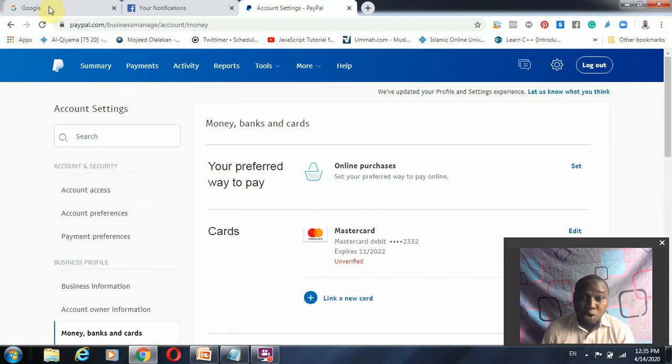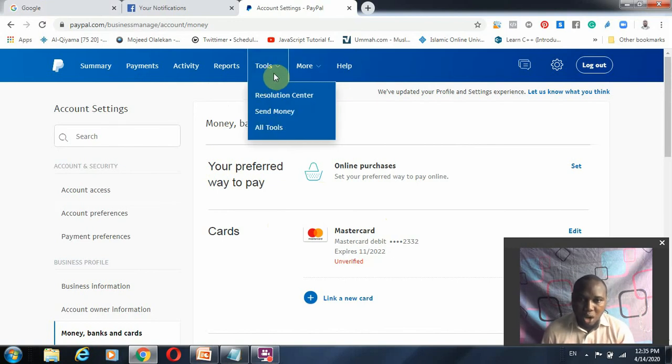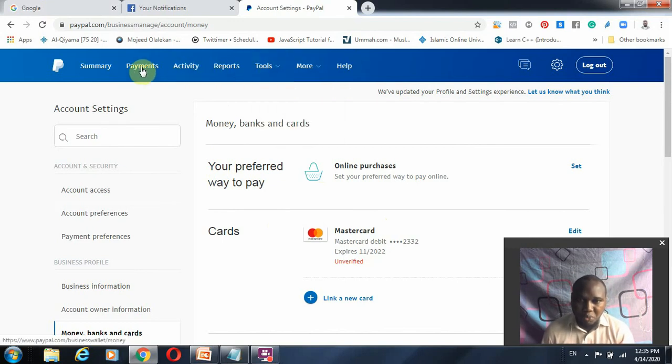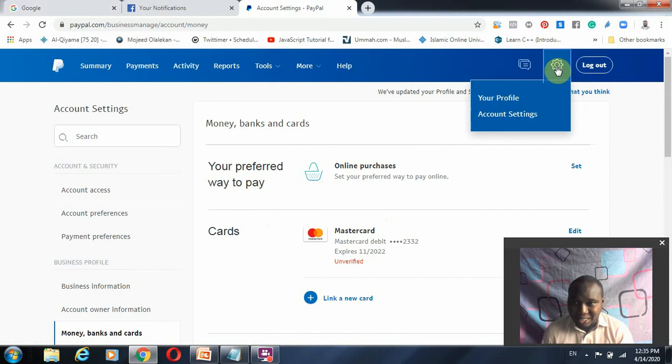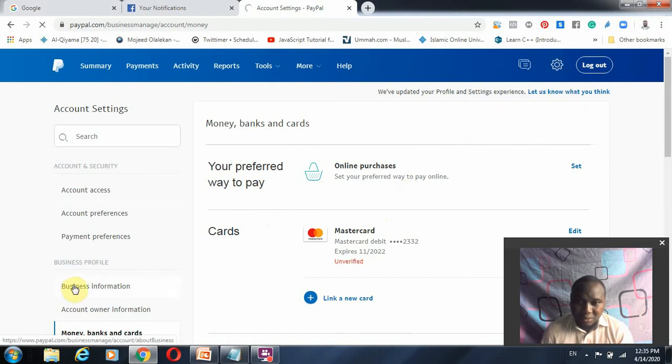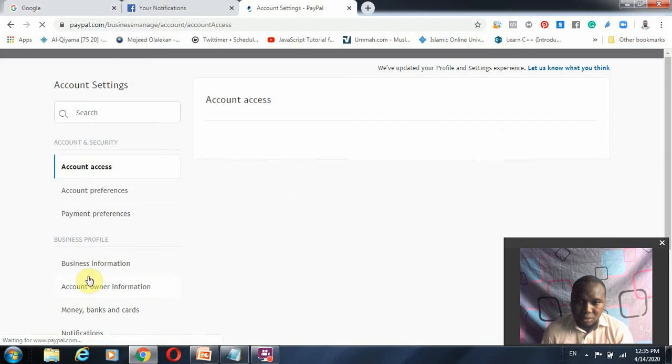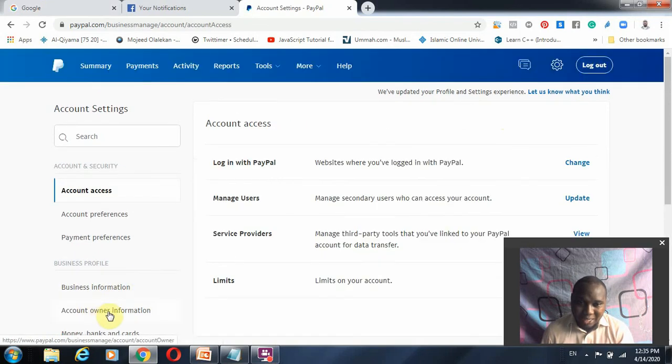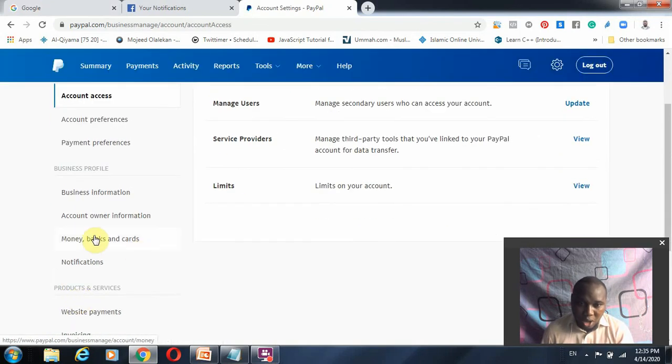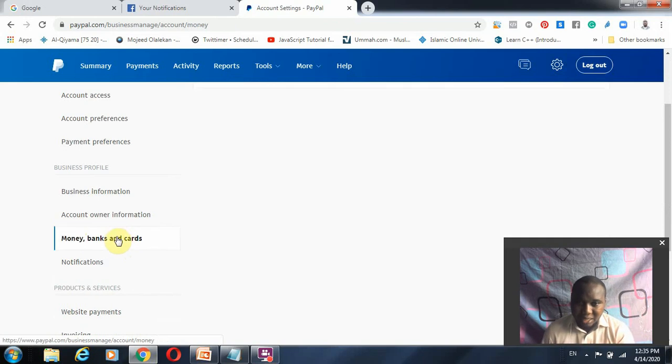Once you come to your PayPal, you need to go to your settings, come to your account settings, and under your account settings come to money, bank and cards.